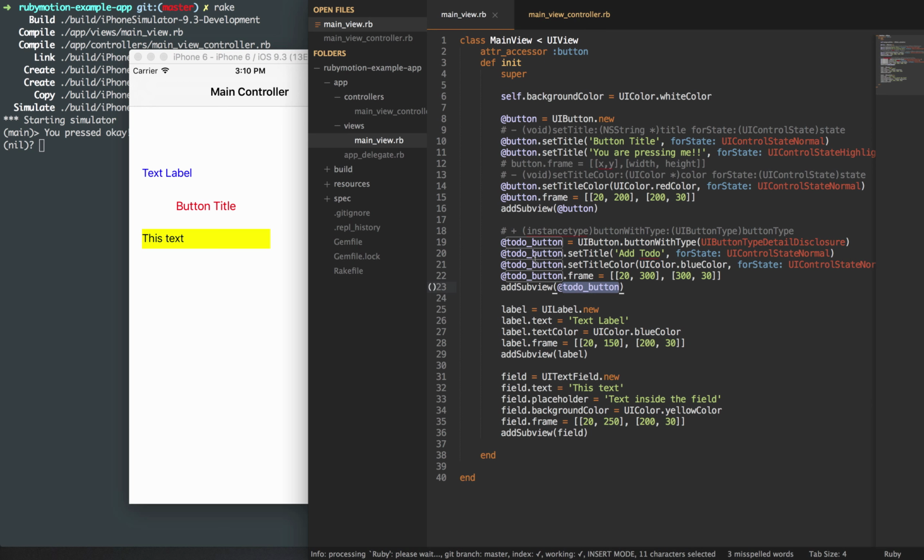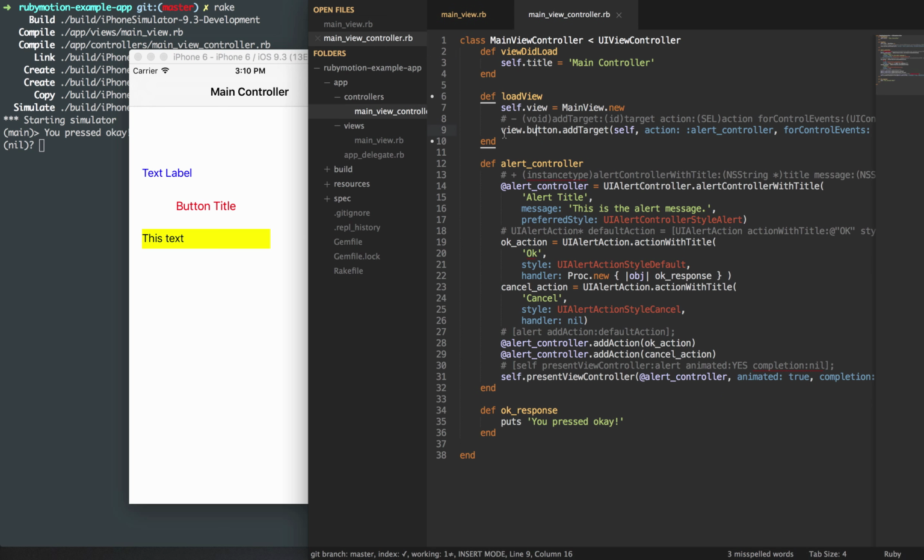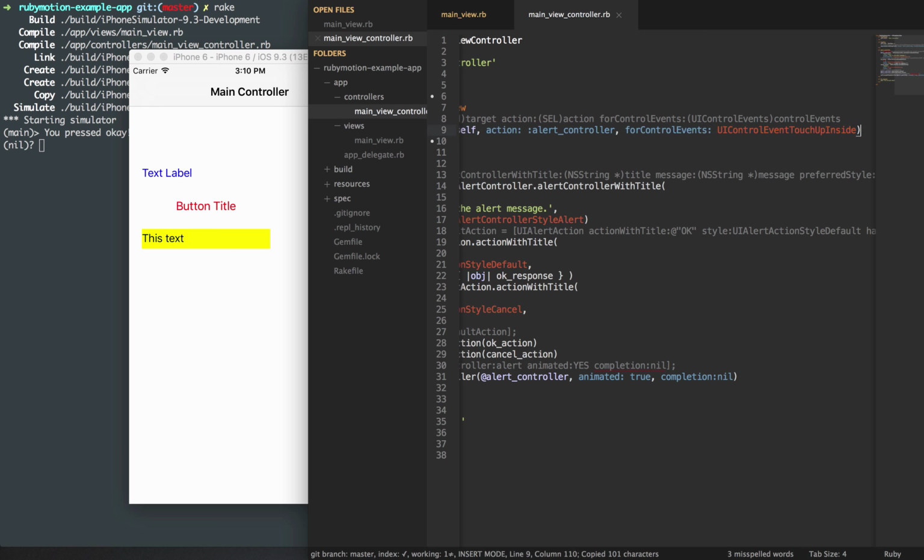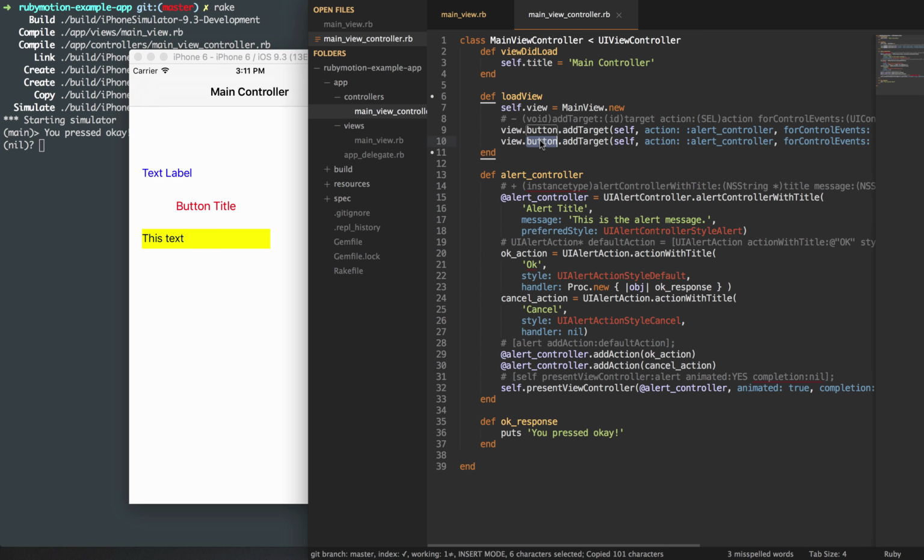And then since we've added this as an instance, let's go ahead and make sure that we can call it within our view controller by adding it up here. So to do button, and this should be all set. So we'll go into the view controller and we'll take this target and we'll copy it and then change button to to-do button and change the action to second controller. I'm going to create a second controller that it navigates to. So what we want to do is create that action, second controller,